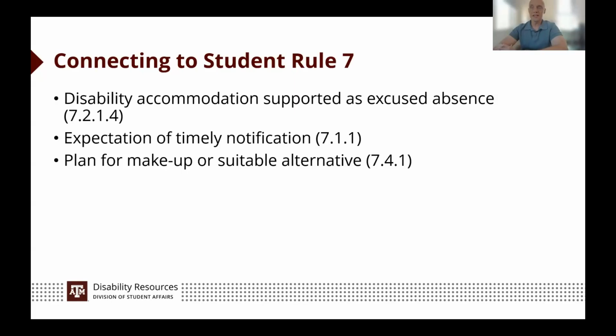So there is an expectation of timely notification. Mentioned that earlier, advanced notification and/or within 2 business days. That's 7.1.1. And the accommodation mirrors that expectation, right? That has been our goal throughout this process, is to mirror the framework that Student Rule 7 has set up. Okay. And so advanced notification is the expectation. That is what we communicate to students. Sometimes, think of extended illnesses, things of that nature,